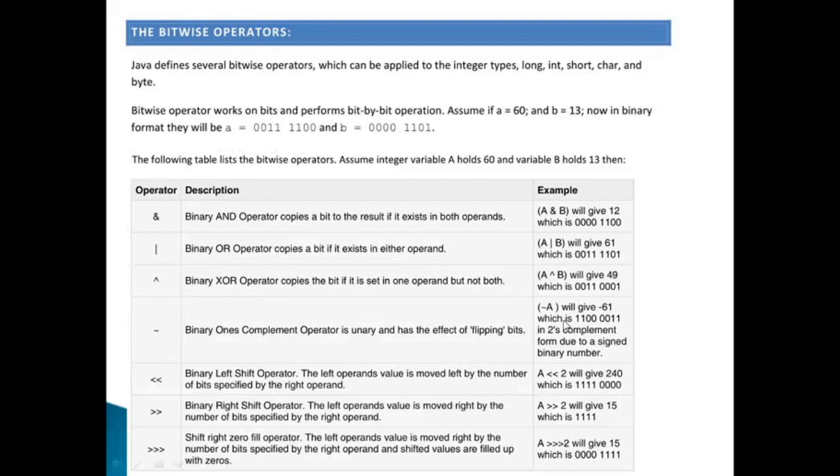Okay. Now there are two other operators in the bitwise operator section which are very important. One is the binary left shift operator, then there is the binary right shift operator. Now what is a binary left shift and a right shift operator? When we apply a binary left shift operator, then what happens is the preceding bit is dropped, and the whole